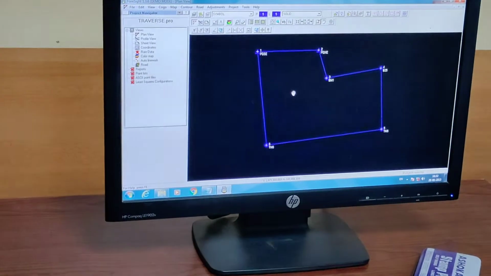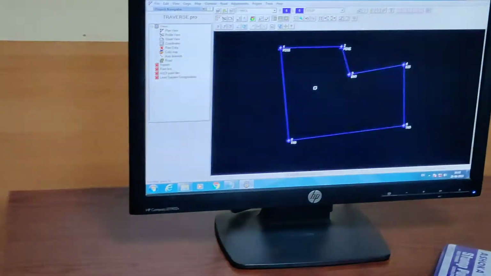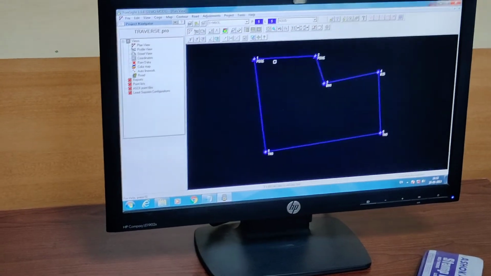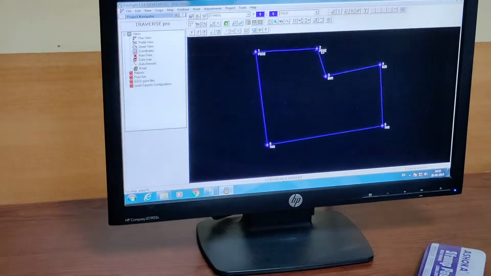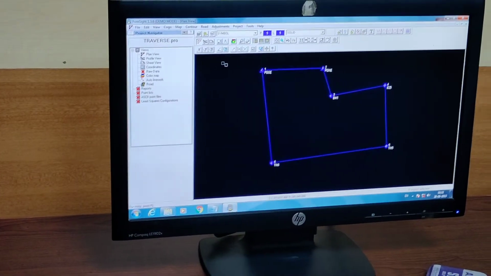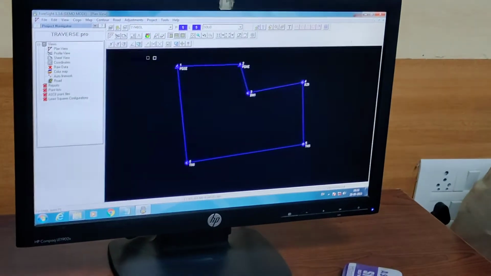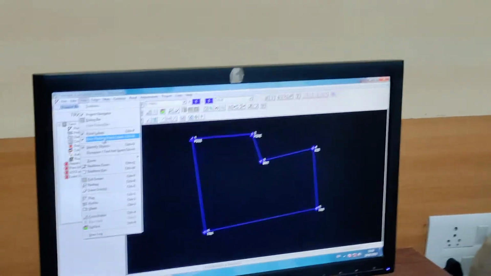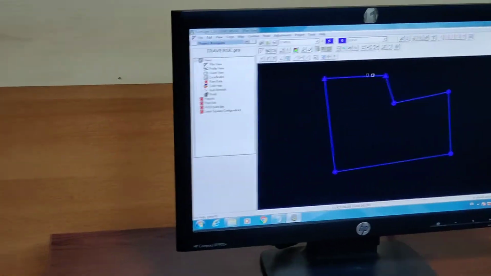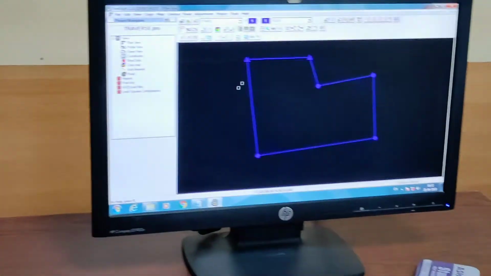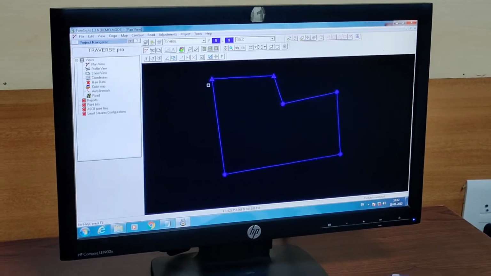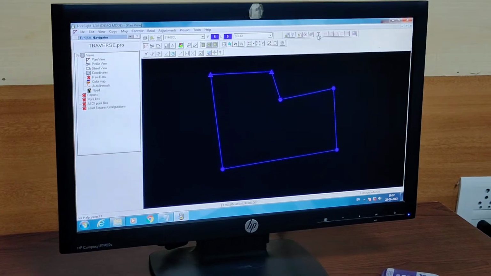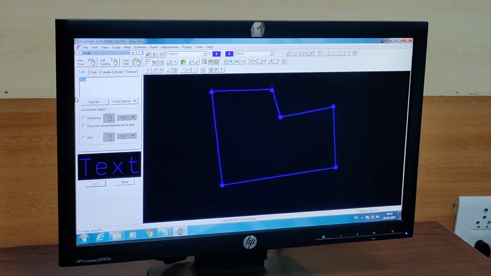Okay. Now we have to keep text for those points. Here one PGS is showing, no? Yes. These are non-plotting point labels. If you want to turn this off, just go to View, non-plotting point labels. This is the figure. Okay. If you want to keep the text or print the text, you have to add text. For that, every point you have to type.